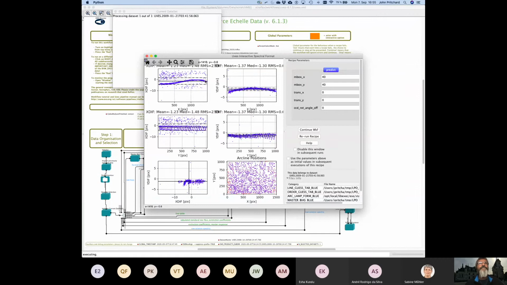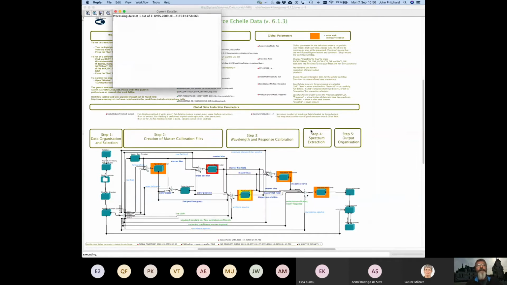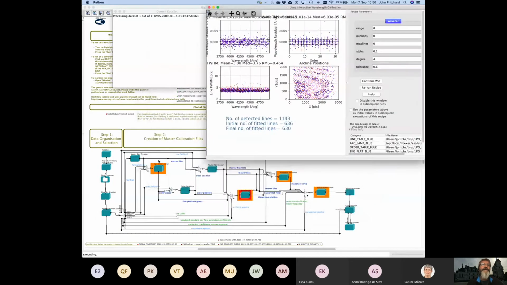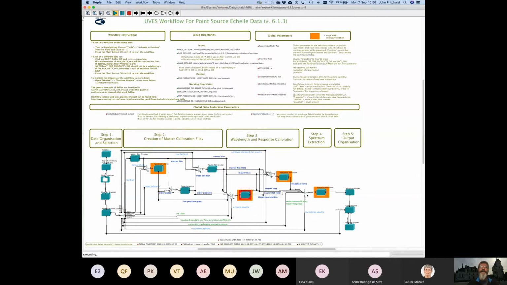We have a systematic distribution, the majority of the points are on a smooth distribution, so everything's fine, no problem. We can continue the workflow. The order def and the master flat actors don't have interactivity, generally because once you've got a robust location of the spectrum, it's very seldom that these steps fail, and the need to interact is very low. Also bear in mind that when you